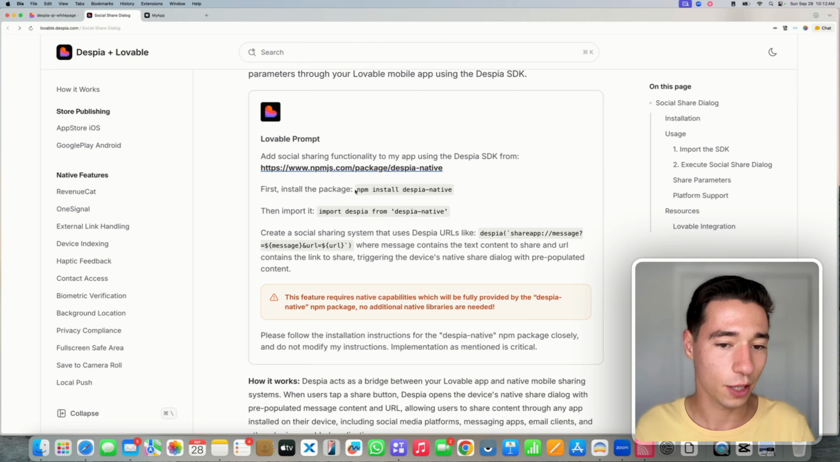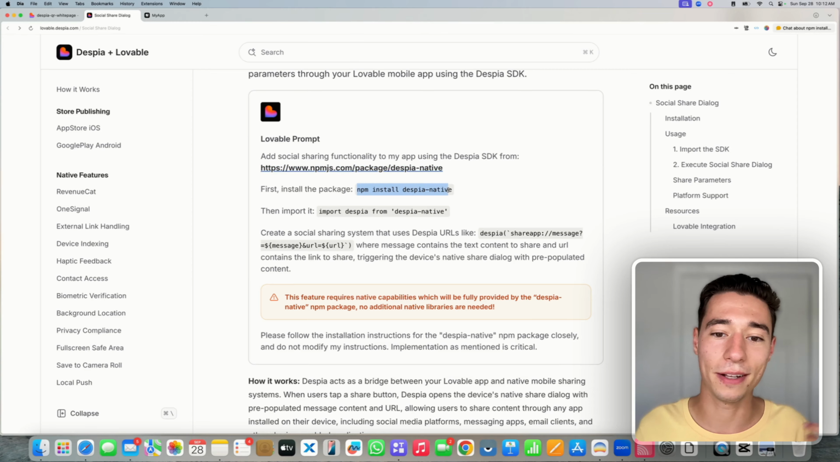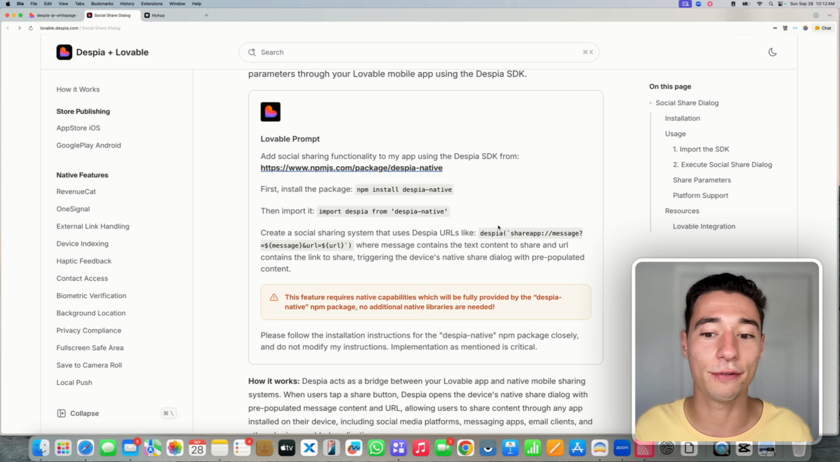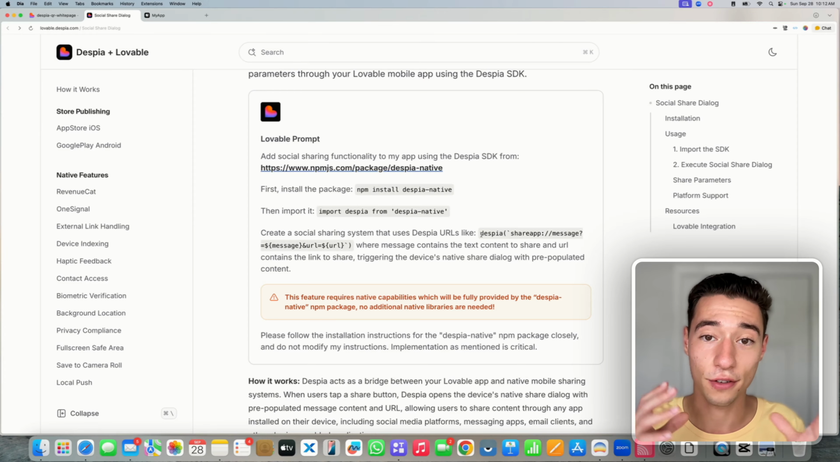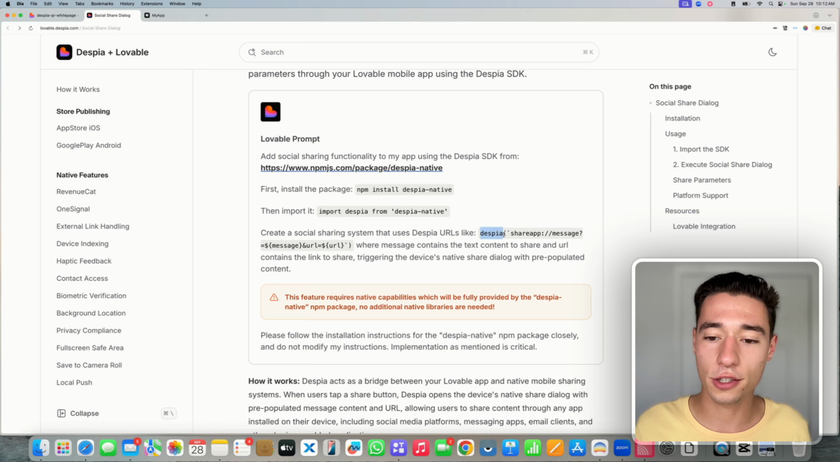will say, first install npm install despia-native into the project, and then import Despia from despia-native into the components and pages where we need to have the native functionality. And then if you want to use the native share feature, you can just do despia share app, and then you put the parameters in here with the data that you're trying to share. And then there are some other prompts here saying only do what I tell you to do, but you can copy